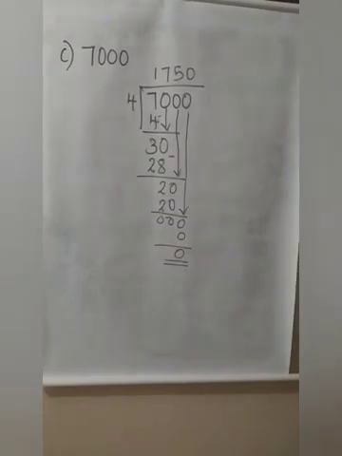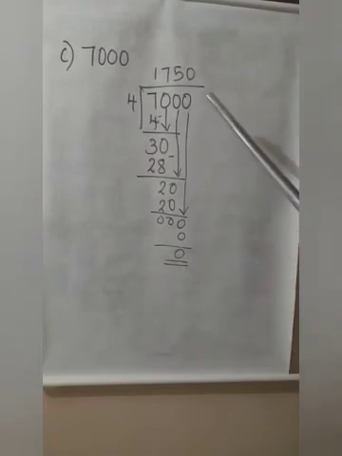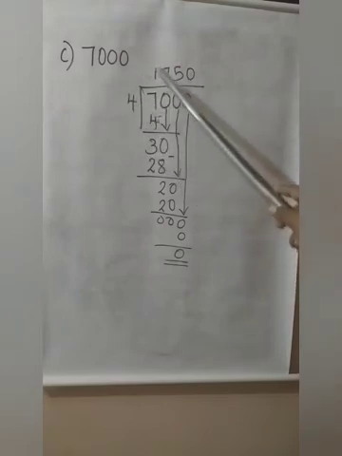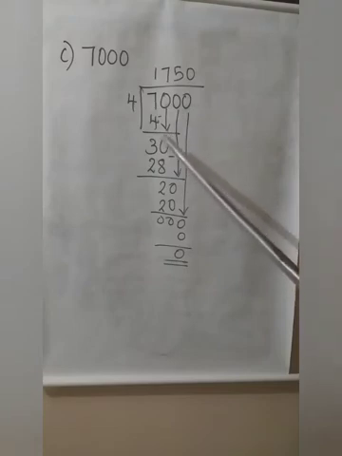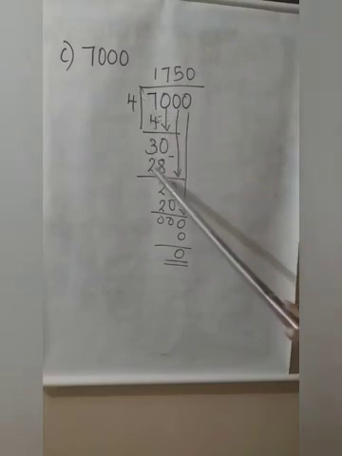When I divide 7,000 by 4, I am getting the remainder 0. That means 7,000 is divisible by 4. You are checking 7 in 4, one time. Then subtracting, 3. Writing down the next 0, 30. Now in 30, how many times? 7 times. 7 fours are 28.